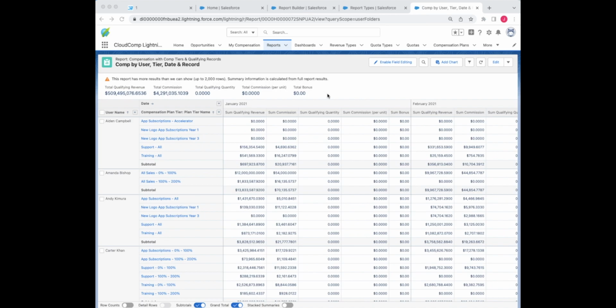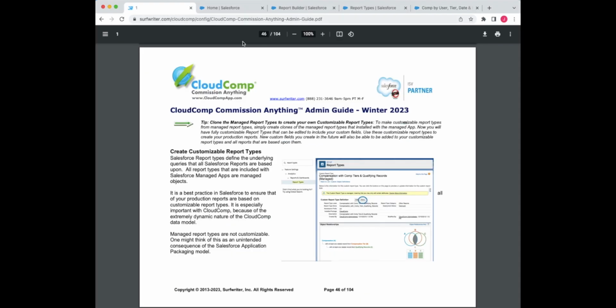Going to go over how to set up your reporting for CloudComp in production. It's important in Salesforce not to roll example reports from managed packages into production when they point to a managed custom report type. We are covering this in the admin guide here. It's currently on page 46, and this is where we're talking about the importance of cloning the managed report types